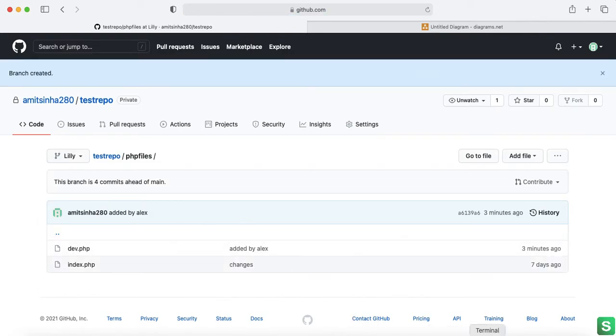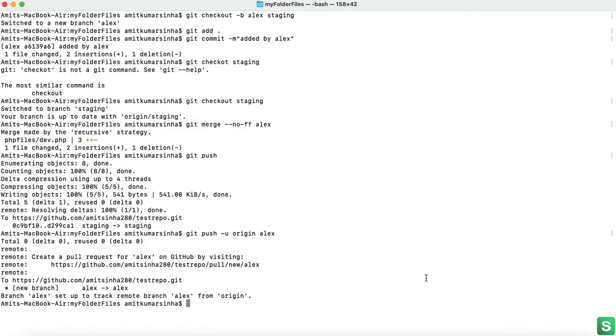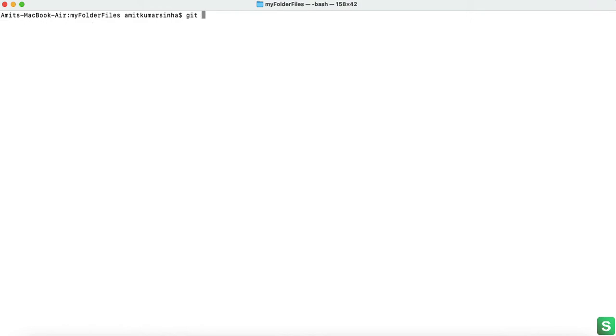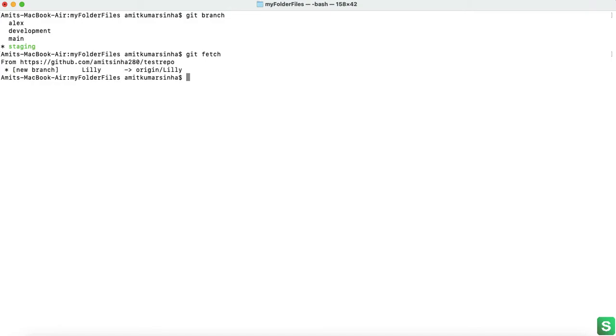Okay, so now come to the terminal, and if we use git branch, it will not show Lily. So for doing this we use git fetch. Git fetch will fetch all the branch and commit. See, the new branch Lily is coming. So now if we use git branch, it shows me the Lily also.